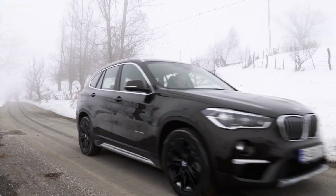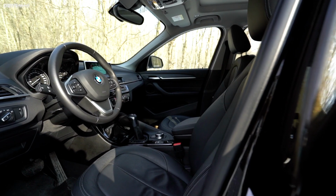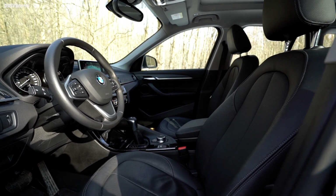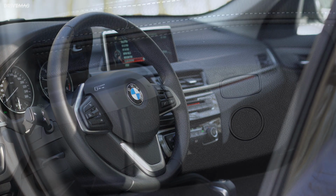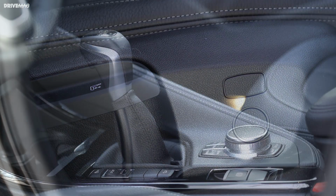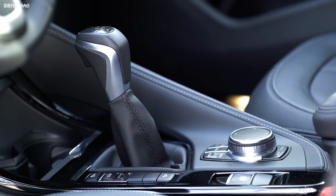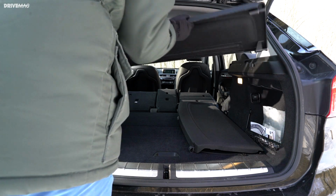as a BMW. The interior is well built and the materials are nice, although less posh than on bigger BMW SUVs. Some details are disappointing though, such as the fake leather on the steering wheel, the scratchy plastics used in the lower half of the cabin, and this unnecessarily massive gearshift lever. The two-piece parcel shelf rattles when driving over poor quality roads, but I hope that's an isolated issue related to